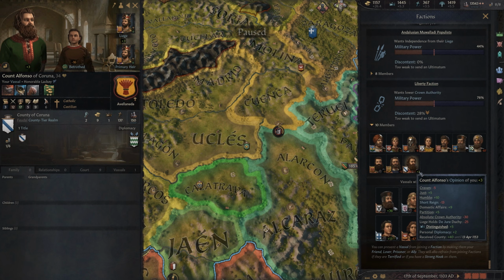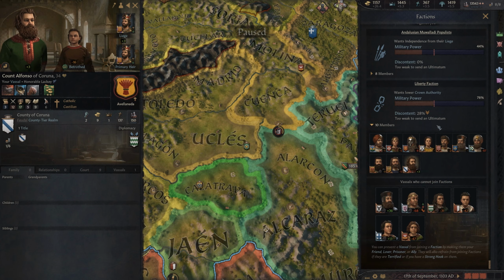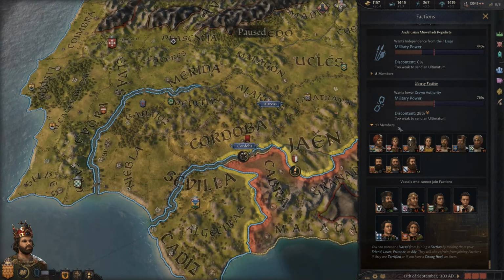So it's not necessarily trying to get a positive opinion, because this guy might have been brought into this faction because of a hook. So what your chief concern should be is focusing on the first individuals in these factions, because this is ordered by their military contribution. Number 1 here, faction military power contribution is 24.8 versus this guy is 1.1. You can do some things here.